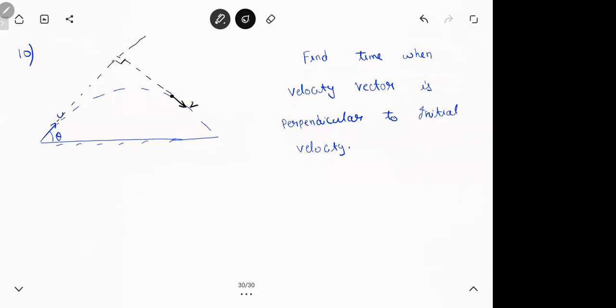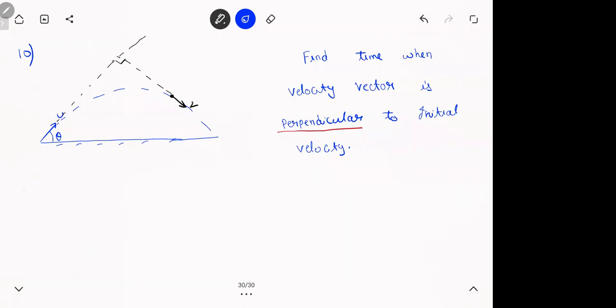You know what is the hint in the question? This word. Whenever two vectors are perpendicular, what happens? Dot product is 0. So that is the catch. Whenever you hear that some vectors are perpendicular, in any chapter, it doesn't matter, it is indirectly telling you the dot product is 0.